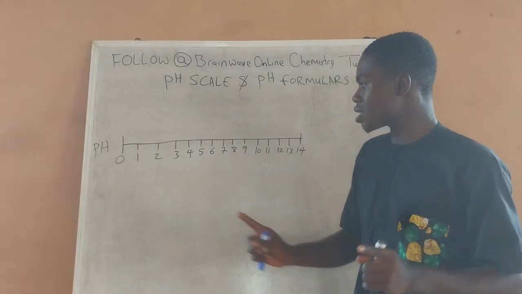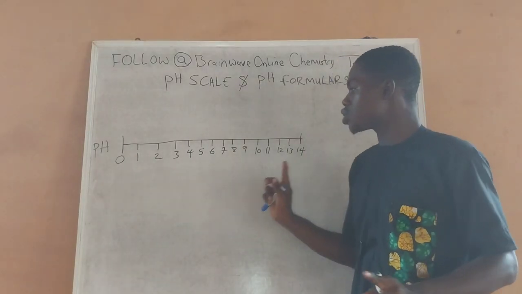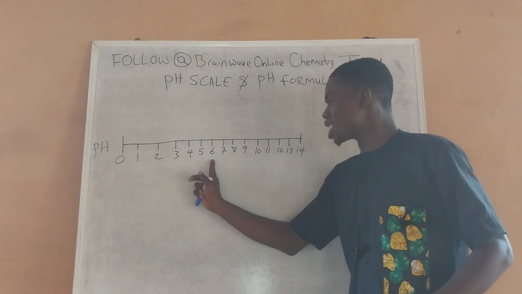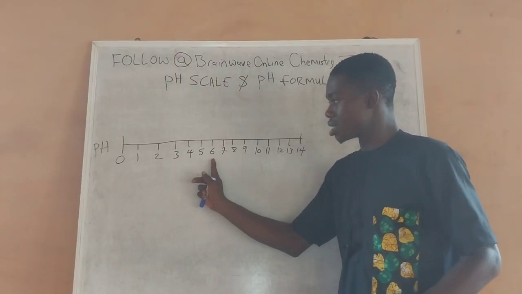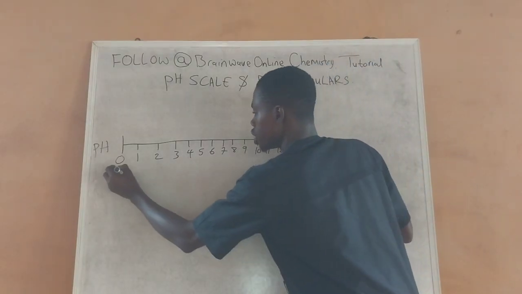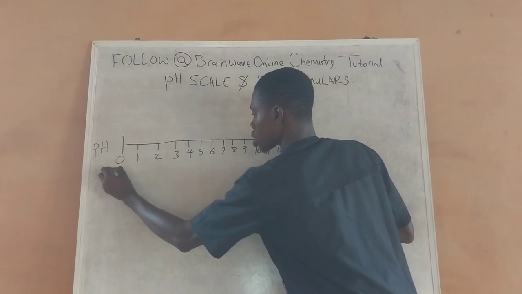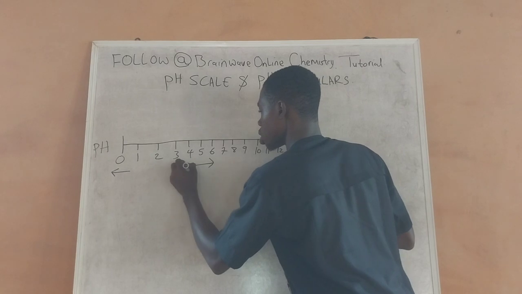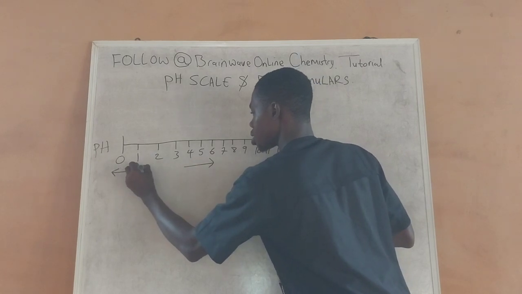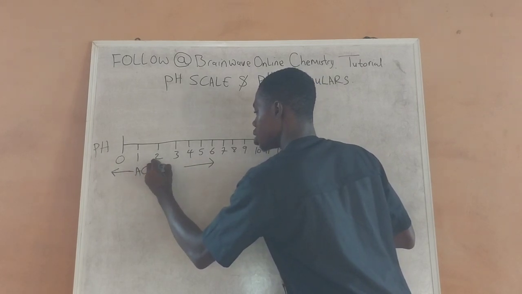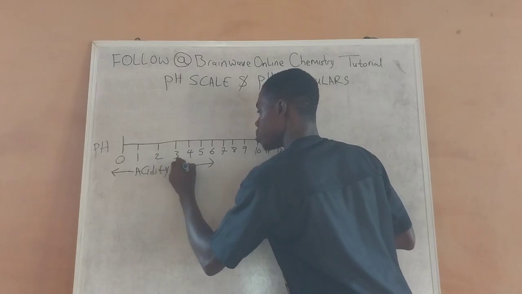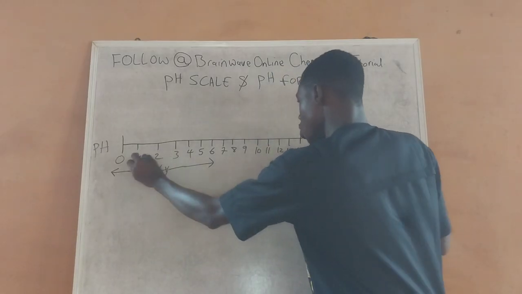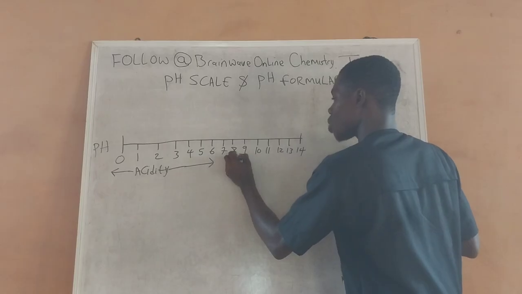Now, please note that I just sketched the scale. Please note that from 0 to 6 is what? Acidity. While from 8